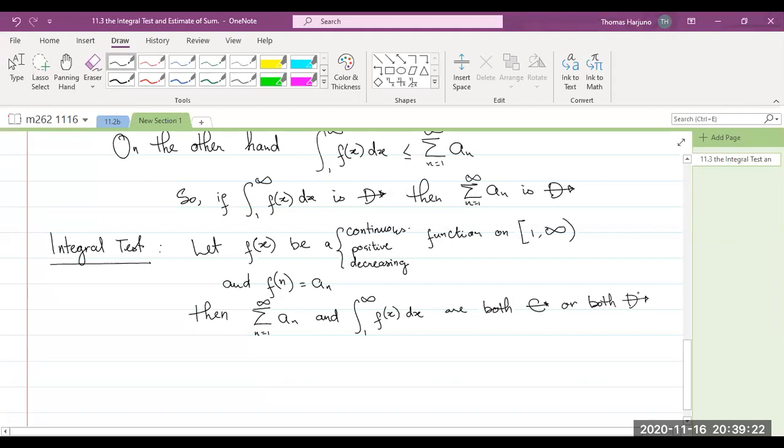Now, it does not say that the integral equals the sum. No. This test does not say, does not claim that the sum, the series, equals the integral. No, that's not what it is saying. It just claims